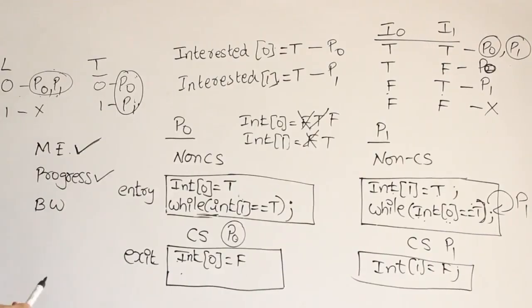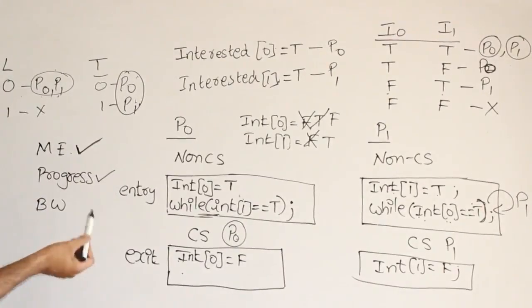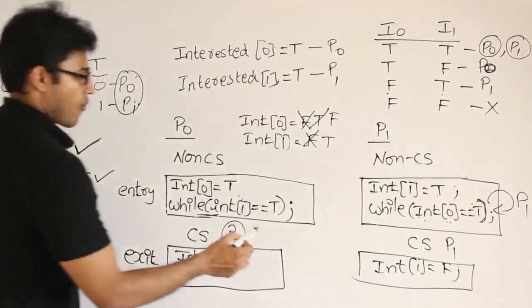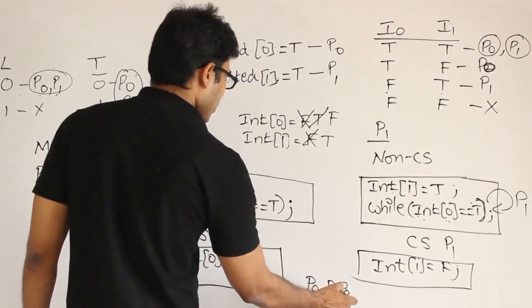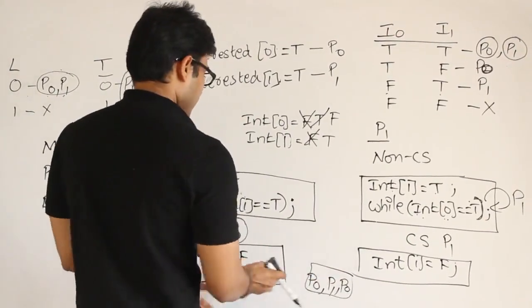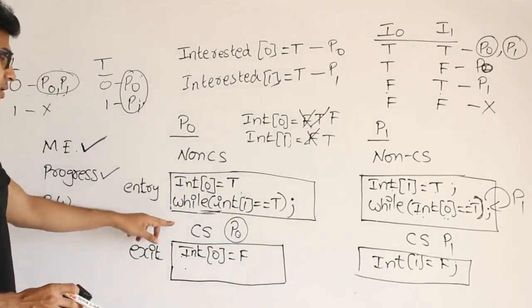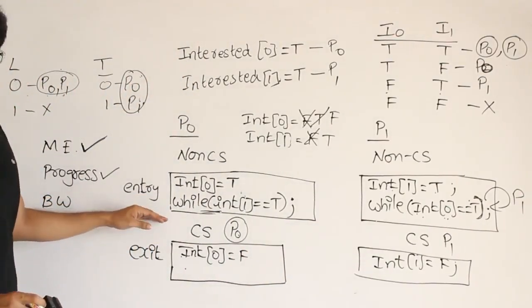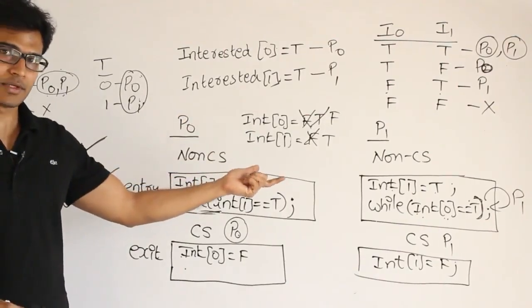Anyway, it is a two process solution, right? So bounded waiting means if one process wants to get into it, the other process, like this, it would happen like this: P0 and then P1 and then P0, something like this, right? So let's see if bounded waiting is possible or not. If P0 wants to get into the critical section, let us say it got blocked, right? Then what happens? The other one which got the permission, see this,